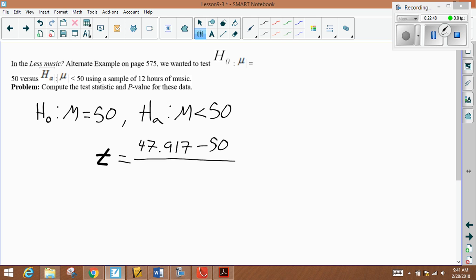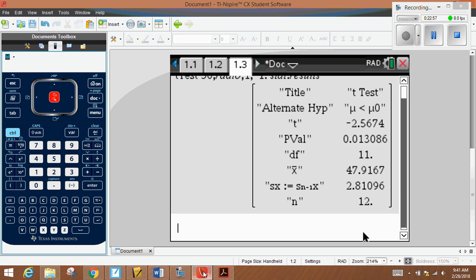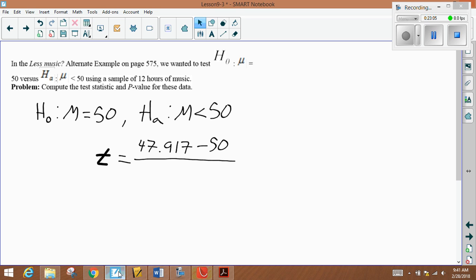Is it there? Yeah, it is. There it is. s of x, 2.811. Divided by the square root of 12, which turns out to be approximately